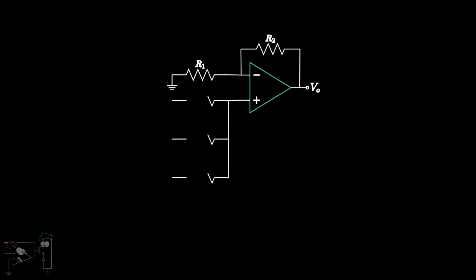Now let's turn our attention to what happens if we apply the inputs VA, VB and VC to the non-inverting input. Let's call the voltage at the non-inverting terminal Vx. We can find the value of Vx in terms of VA, VB, and VC easily by using the superposition principle. The superposition theorem states that a circuit can be analyzed with only one source of power at a time, and if we add the corresponding component voltages and currents algebraically, then we get what they'll do with all power sources in effect. So, we will keep an input VA, or VB, or VC, on, one at a time and see the effect on Vx.